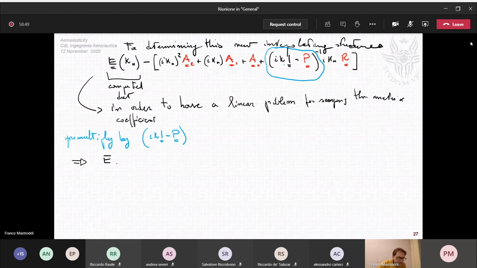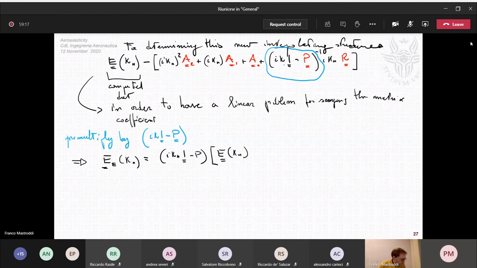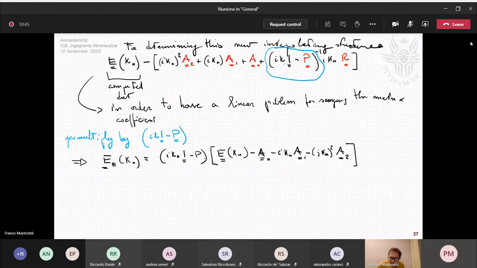which is the matrix error epsilon kn, which is equal to ikn identity minus P multiplied by the data kn, minus A0, minus ikn by A1, minus ikn to the power 2 by A2, and close this, and then we have minus ikn R. Okay, so this is our error matrix,